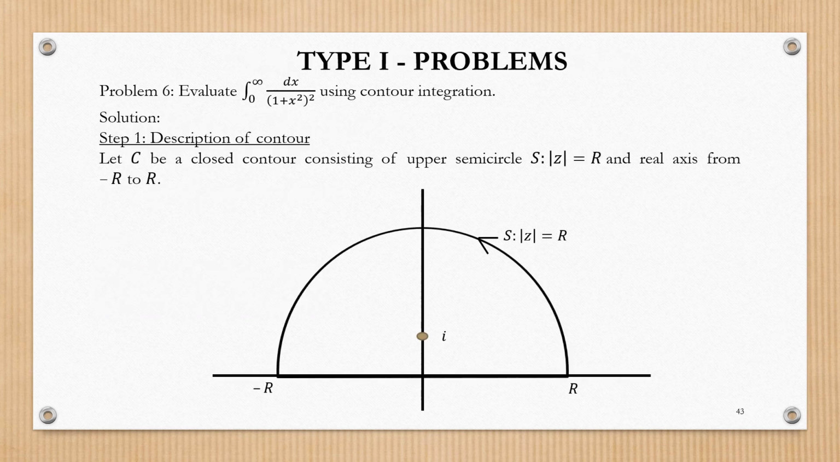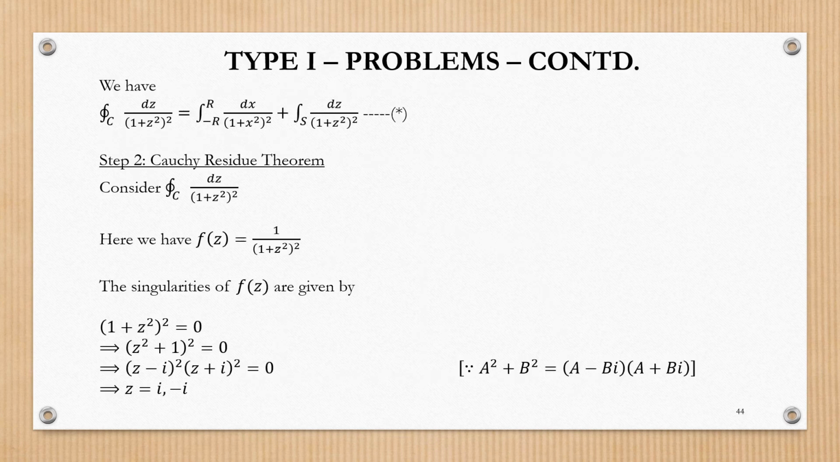Now let us get into a slightly different problem in the sixth one. The question here is: evaluate the integral from 0 to infinity of dx divided by (1 plus x square) the whole square using contour integration. The description of the contour is like how we have defined in the last 5 problems. We write equation star as always, and then we start evaluating the integral on the left hand side of star